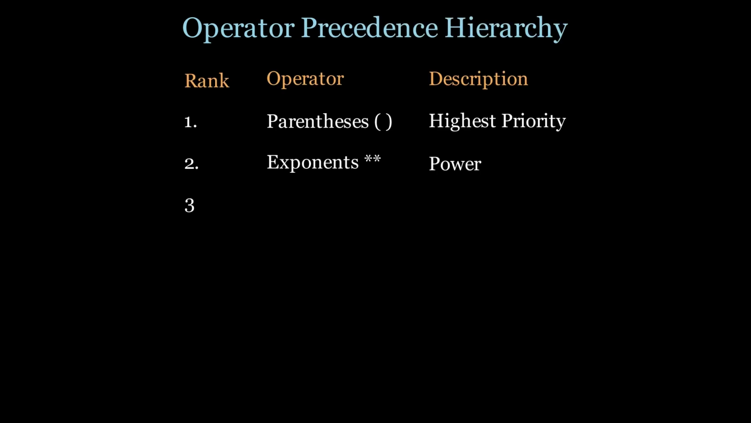Finally, Python has a specific priority for each operator, called operator precedence. Just like PEMDAS in math, Python follows a strict order. In 10 plus 5 times 2, Python does the multiplication first, resulting in 20, not 30. The hierarchy is